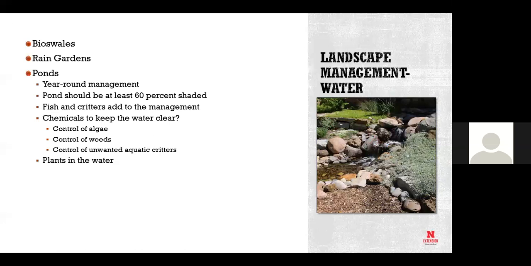Rain gardens themselves, who has a rain garden? The rest of the state, I assume some of you do too. And the city of Lincoln now has its cost share program going again, if you haven't seen it. I think it's up to $2,000, as I recall, to be able to cost share if you want to do something that is that sort of a plan.